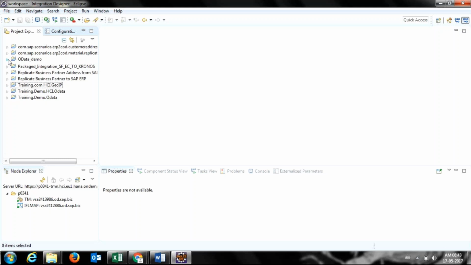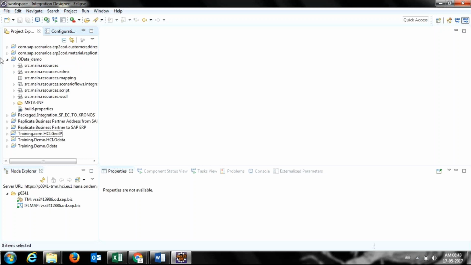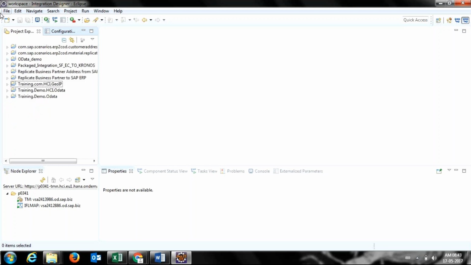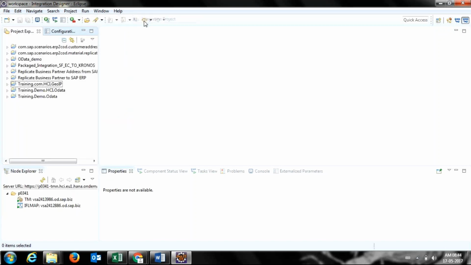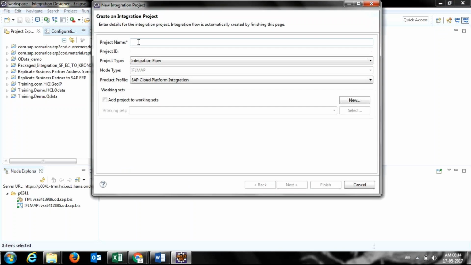And if you want to create one flow or a package, just for your reference, I'm moving ahead of the topic, but don't panic, we will do these things again and again. If in case you don't remember, we will be doing these steps for multiple interfaces. So as of now, remember, go to New, click on integration project, and give any arbitrary name, or a project name following your naming nomenclature. So for me, I'm